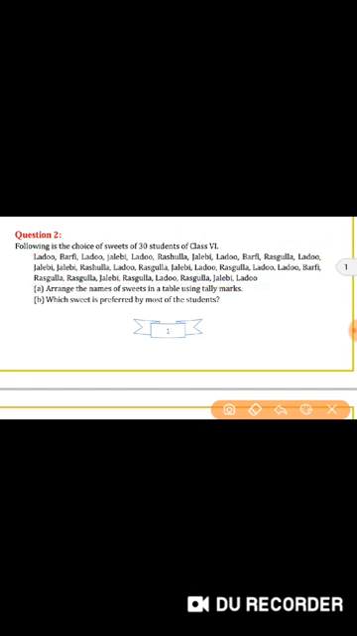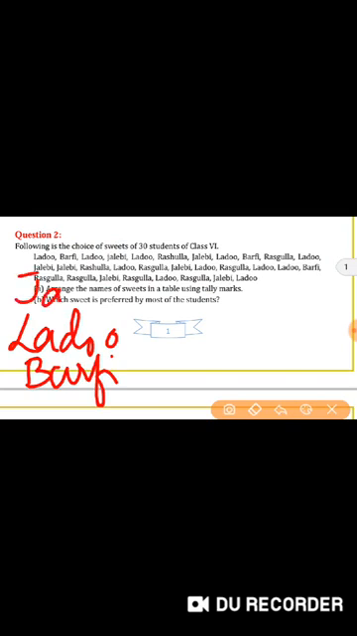So what we have to do is, first we can write laddu. What are the sweets we can list out first? Barfi is there, again jalebi is there, again rasgulla is there, again only this much. So how many times is jalebi there? Count like this. We can put the tally marks first